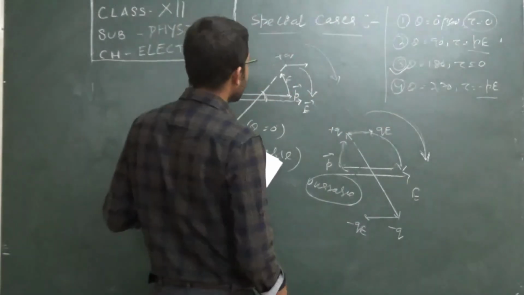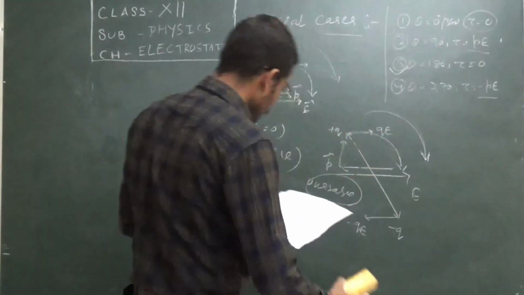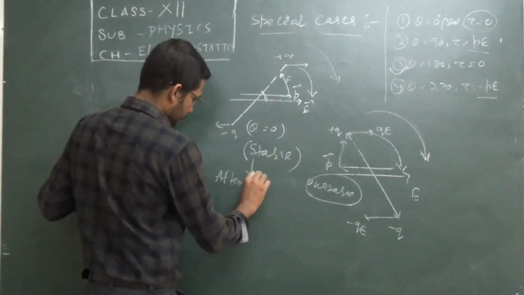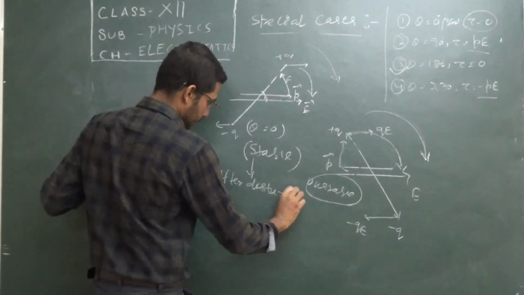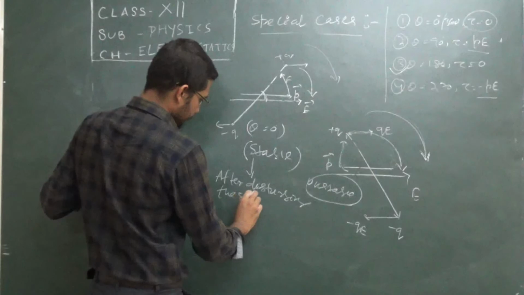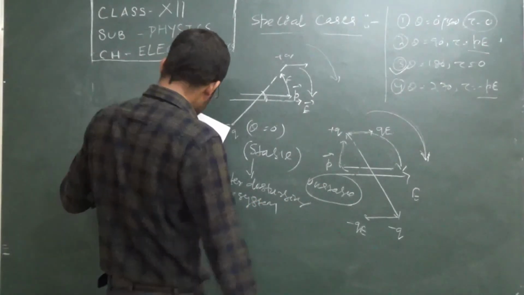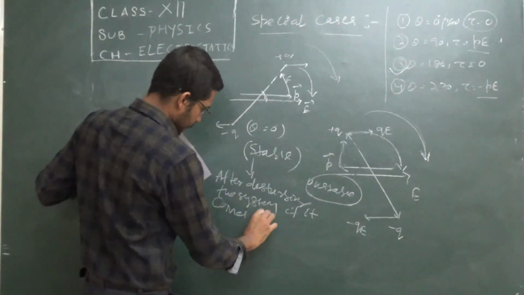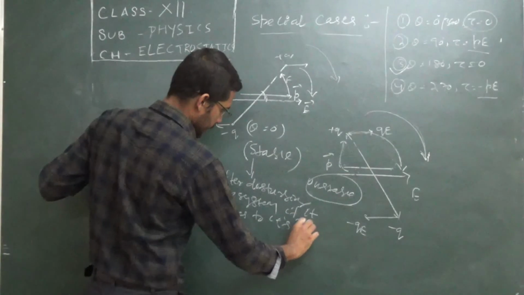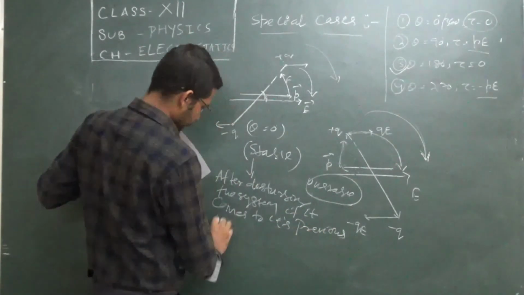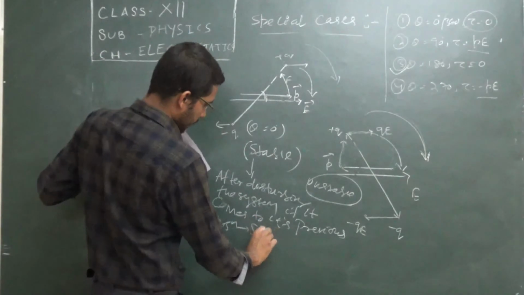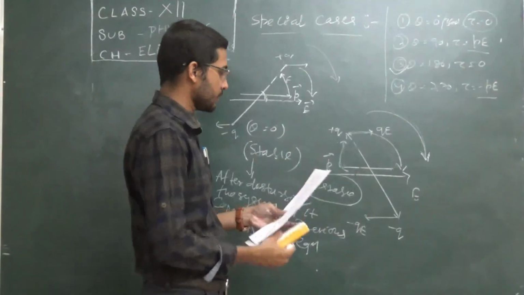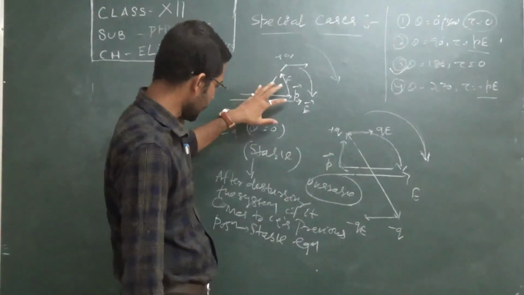So write it down just there. After disturbing the system, stable, we can write, after disturbing the system. Clear? If it comes to its previous position, then that is called stable equilibrium. You remember, this is a quite necessary concept. This is a 2-mark question. In board exam it is repeating many years.